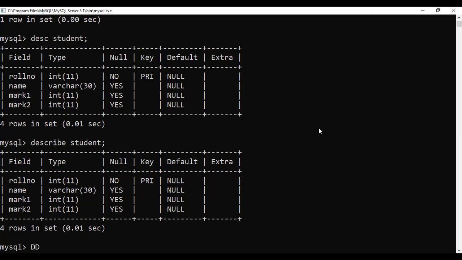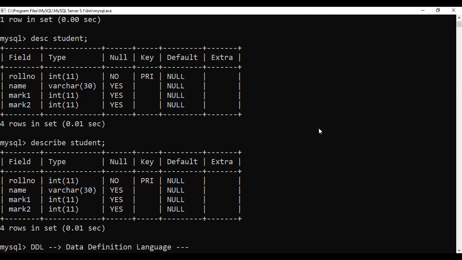DDL stands for what? Data definition language. That's the full form. Many times it is asked what is the expansion of DDL, or differentiate between DDL and DML commands. It's a 2-mark question.